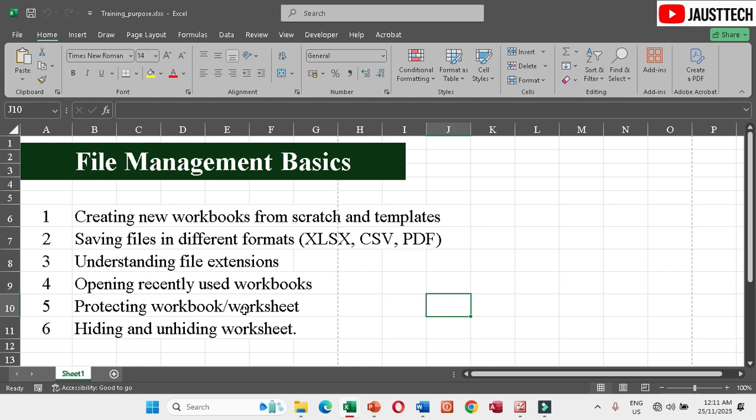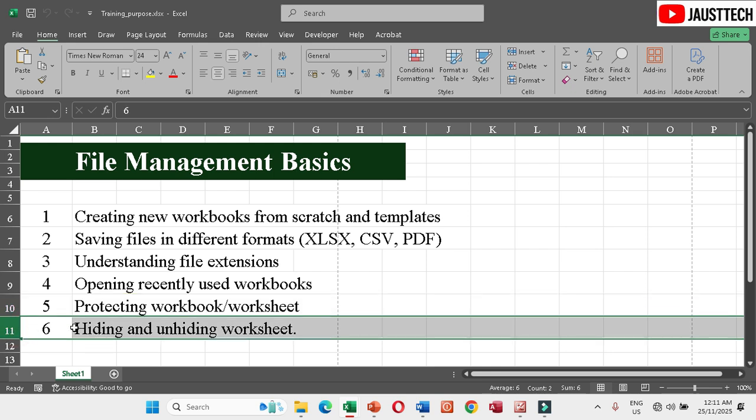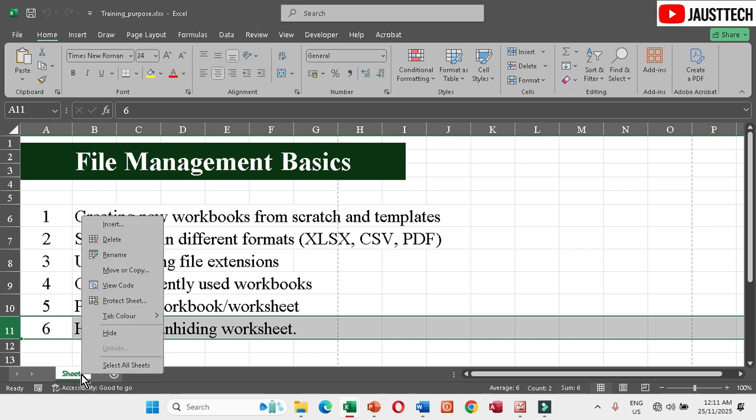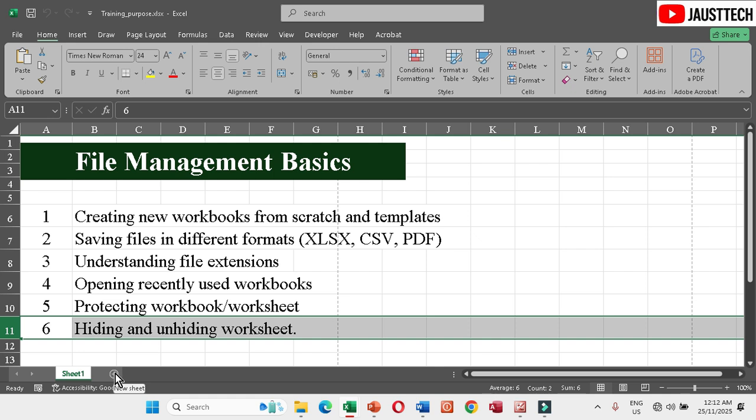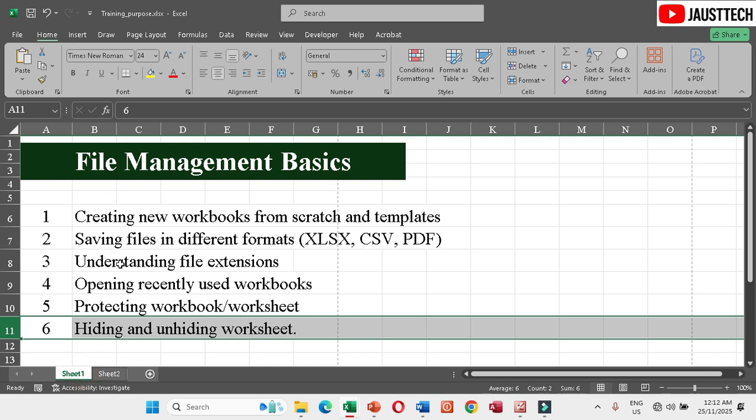Now, what about protecting workbook and worksheet? Please, I want you to pay attention to this number 5, how I want to do it now. But before I do that, let me talk about this one first so that I will wrap up with this. For me to hide and unhide a worksheet, I have only one worksheet here. This is how you go about it. For instance, let's assume that you have more than one worksheet here. If I right click the one I want to hide, you always see it here. See, this is Hide. But what I want to do now is insert another one. Then come back here. I want to hide it so that you open it from